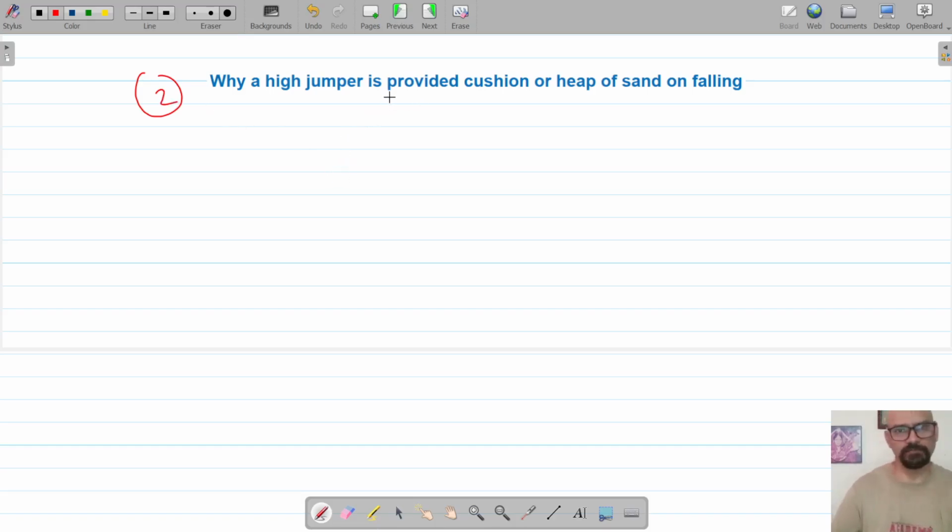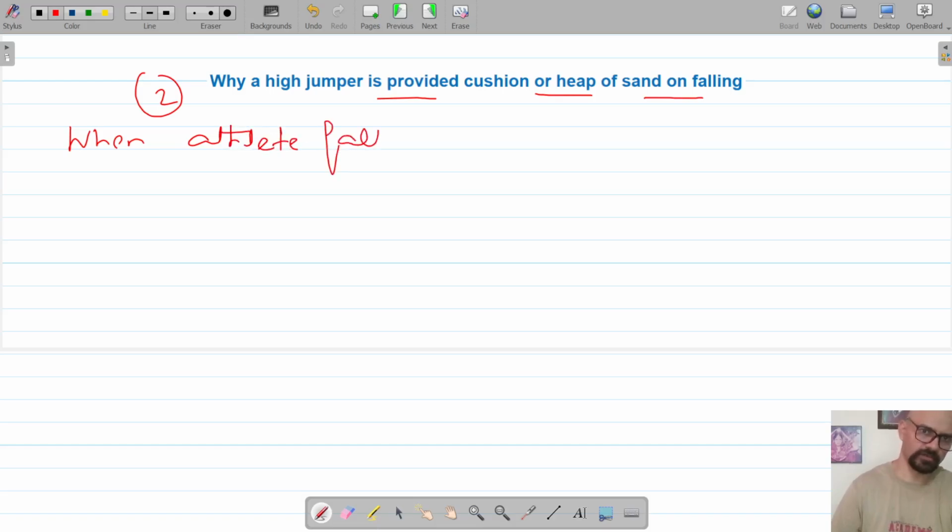Why is a high jumper provided a cushion or heap of sand on falling? The reason here is the same. A cushion or a heap of sand is provided to prevent injury to the athlete whenever he falls down after making a high jump. So when the athlete falls, let's say,